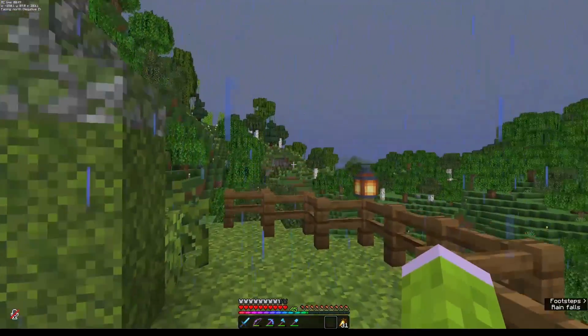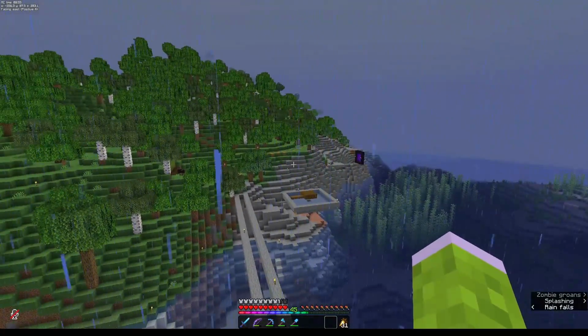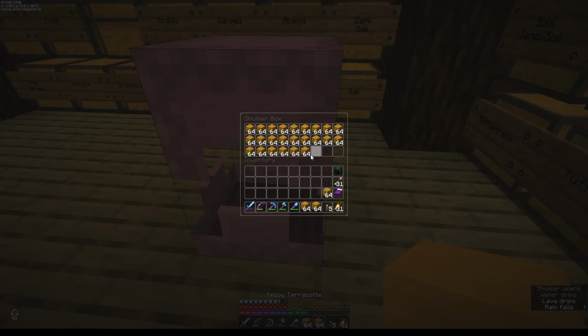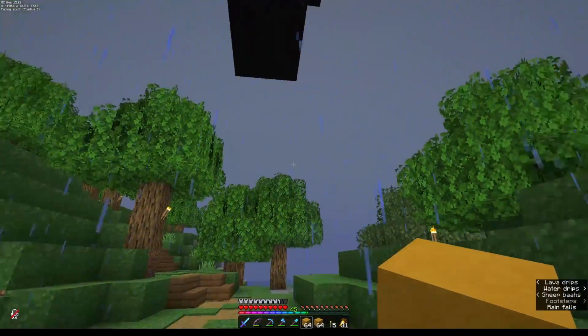But where should we put it? I think I may need to lay out some of the buildings I have in my mind and then see where the moss farm actually can go. Okay, let's grab some of these colorful blocks here and then let's see if we can lay out some stuff